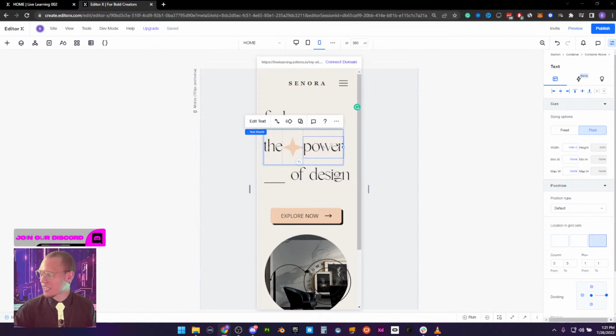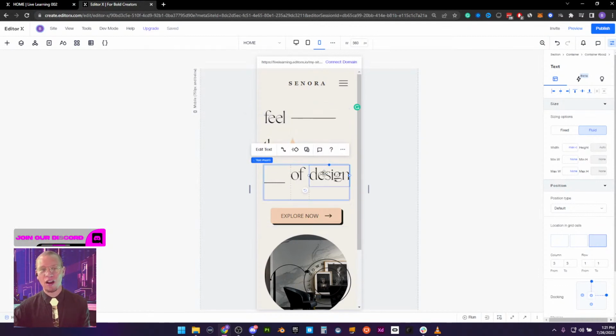Igor is asking from the live chat, can we just select the full section and scale in percentage, not one by one element? That's a really good question, Igor. So there are certain elements in which you only need to select one time and apply a percentage to all of those things. Text is a little iffy as of right now, where sadly you cannot apply scaling text. For example, let me just show you this.